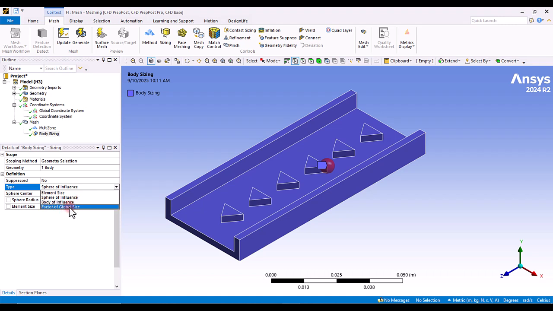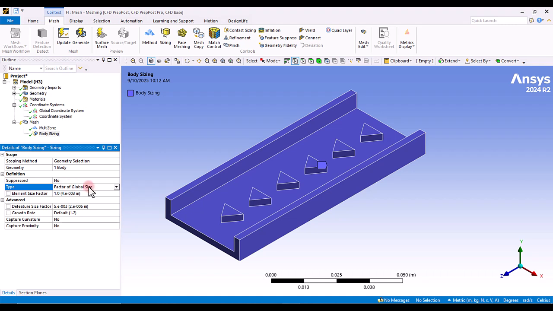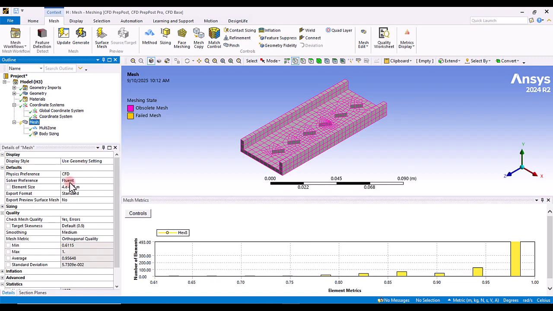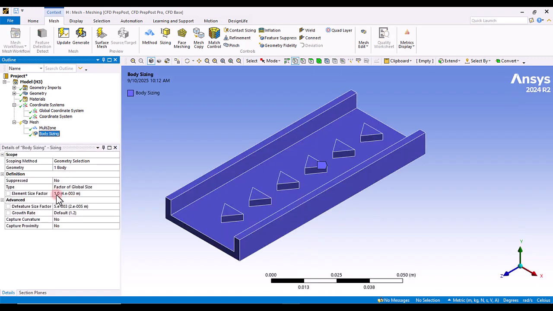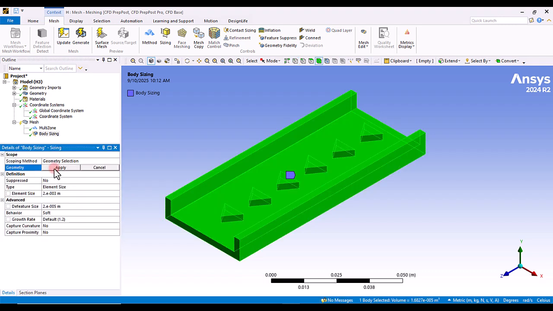And finally, the factor of global size. Actually, the title suggests that we're going to define a factor of the global size that we detected and defined previously in the default settings. So right here, if you put factor of 1, you can see that the element size is equal to global sizing. And if I put down, for example, half of it, you would see just half of the global sizing. So this may not be somehow a useful tool. And among all of them, for now, element size is a priority choice. But what if we